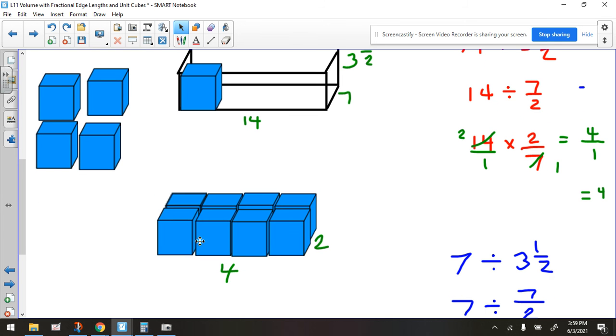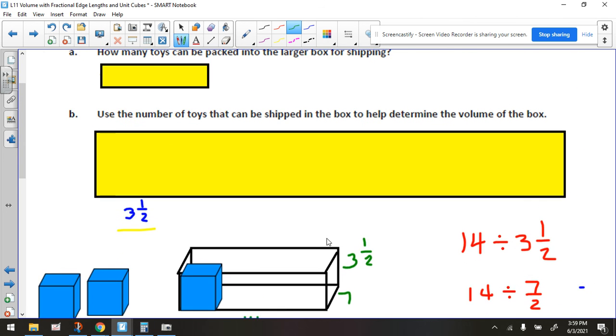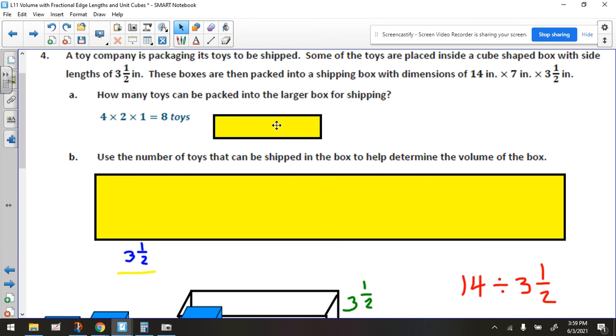All right, so here's what we're looking at here. We can fit 4 going across that way, 2 going across that way, and 1 this way. So how many of these blue toy boxes are we talking about if we count them up? We have 1, 2, 3, 4, 5, 6, 7, 8, right? So the answer to part A is we're talking about 8 toy boxes. All right, so if there's 8 toy boxes, then how is that going to help us to find the volume